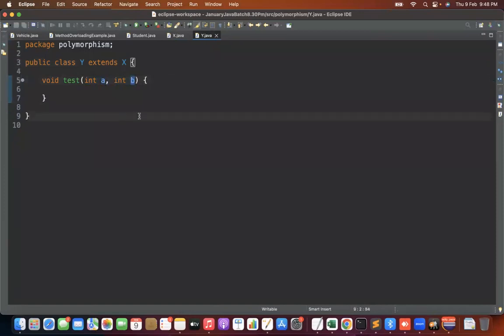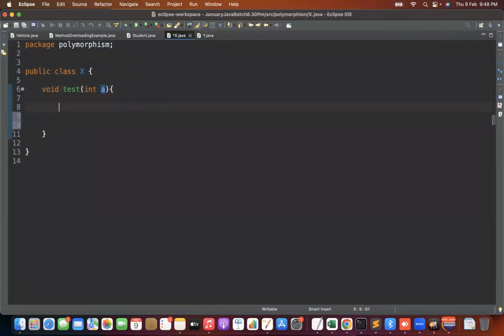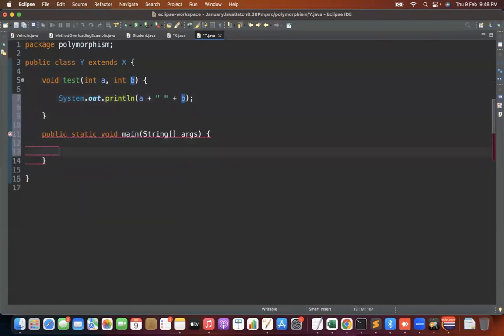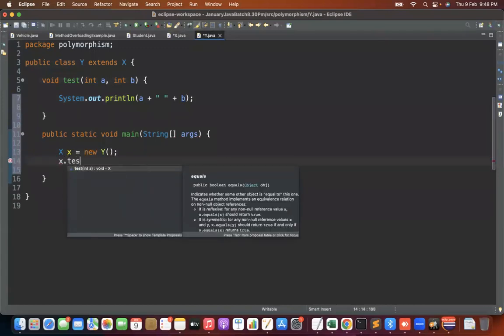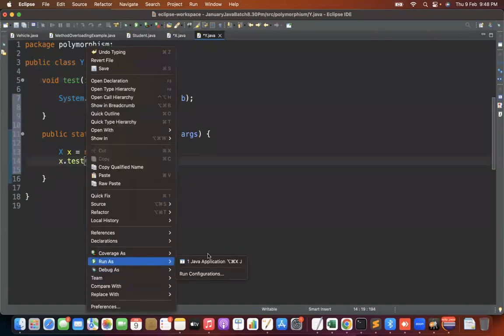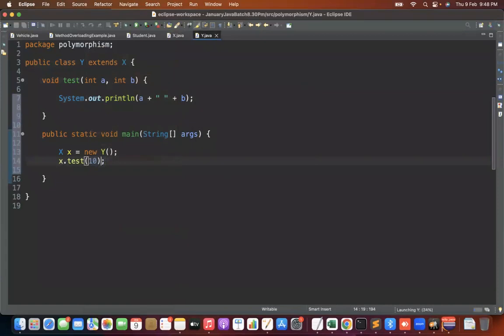If you write like this, what will happen? Suppose I write System.out.println, I will write A here, and here System.out.println, I can write A plus some space along with B. Now I can create a main method. I will create the object for Y class, X x = new Y, like that I have done. And x dot, I can call the test method, 10. Now see, if I run this code, run as Java application,